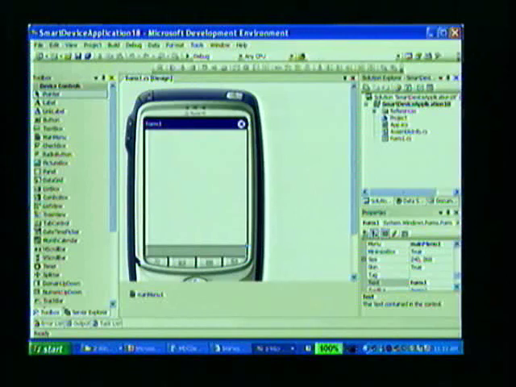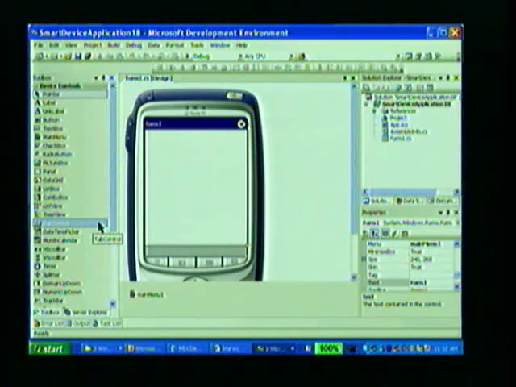And first off, let me just show you a couple of things. You'll notice in the design time right here that if you've used the current version of Visual Studio, the design surface looks substantially different. Now we have the form that looks like a Pocket PC form. It's wrapped by a skin that looks like the Pocket PC project that we're in, and this is great. And what we've also provided